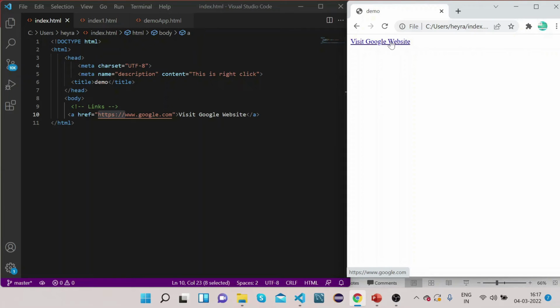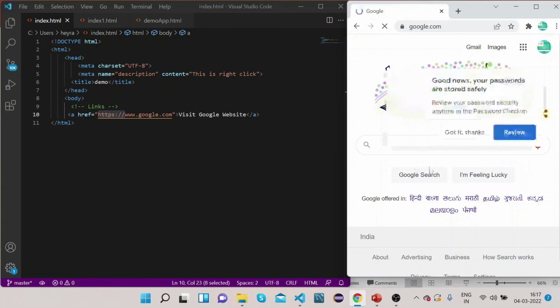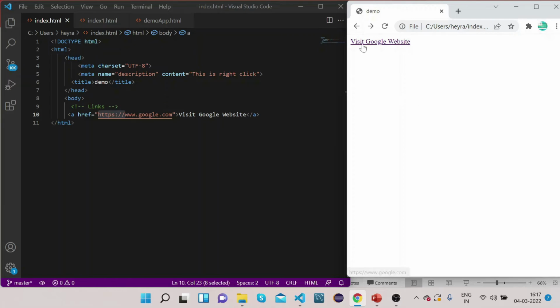If I click on it, you can see it is bringing us to the google.com website, right? But if you see one thing, we are not on our website anymore. We cannot see our website now, right? If I click back, then I come to this web page. So if you want to stay on your web page, and open a new tab, and then into that tab open this link,